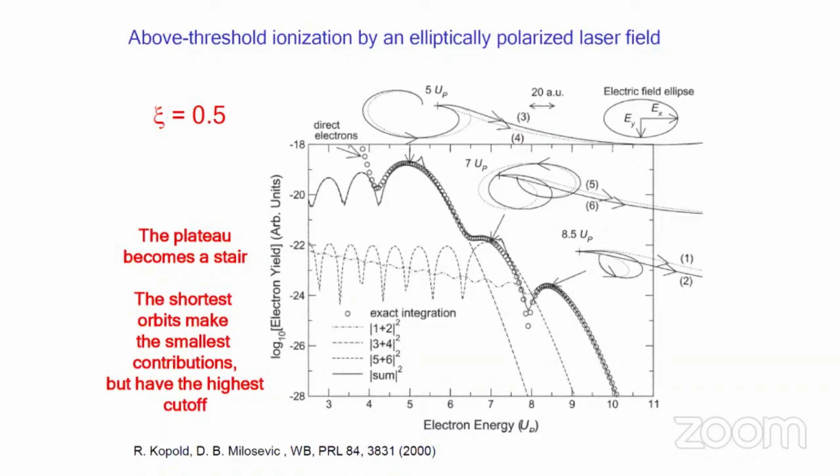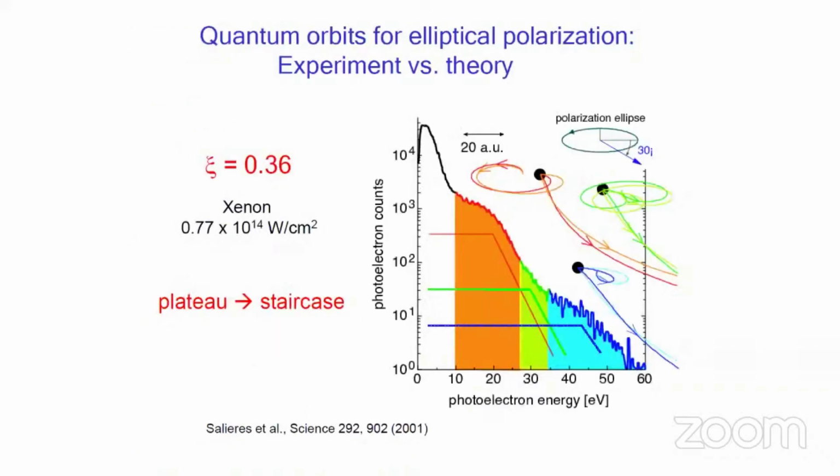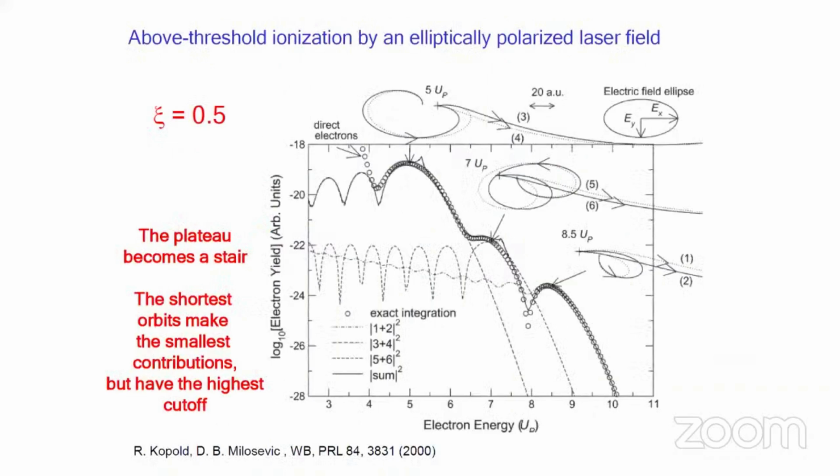This is a calculation for a very high ellipticity of 0.5. And the orbits that are responsible are also sketched here. And it's elliptical polarization. So the minor component acts something like a side wind. And for this orbit here, the electron essentially, I forgot to say, what happens is for elliptical polarization, the simplest Simpleman version allows for